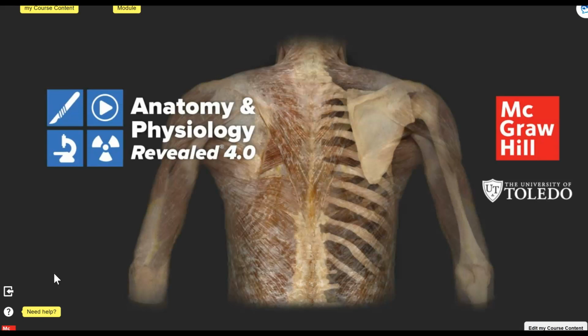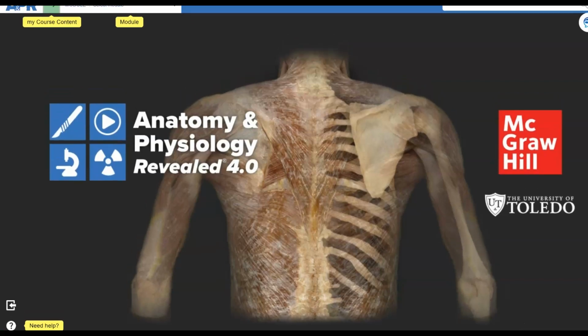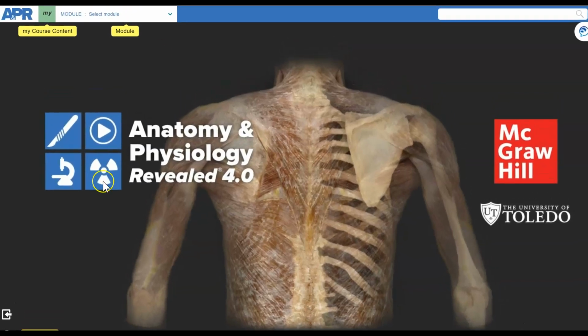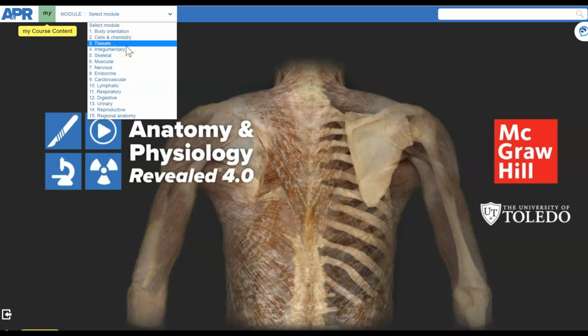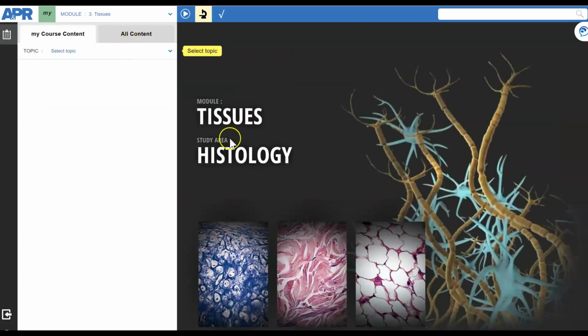the page will navigate to APR. Let me move this up so you can see the module. In APR you can select a module and click on tissues. The first time you log in, it might ask you for a code, and just click on no code if it asks you, because I don't have a code. You don't need a code, just click on no, and then you can navigate to the tissue module, which will already be